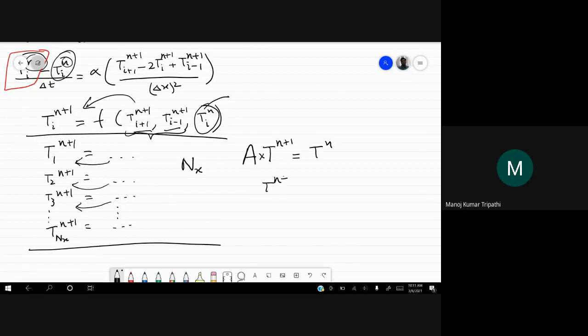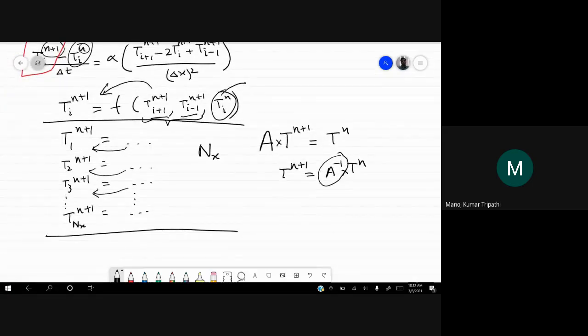Now what is the solution to this? Tn plus 1 equal to A inverse Tn, right? And there are ways to do this. There is Cramer's rule and so on. There may be several methods. All of them require several steps. Finding the inverse or determinants of cofactors, all of these are expensive on a computer. So you require a lot of memory and a lot of time to execute these. So we want something that takes less time and gives accurate results.